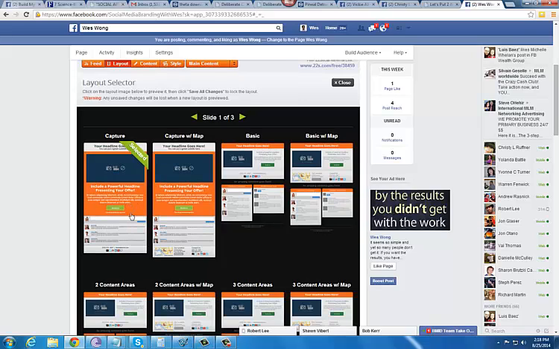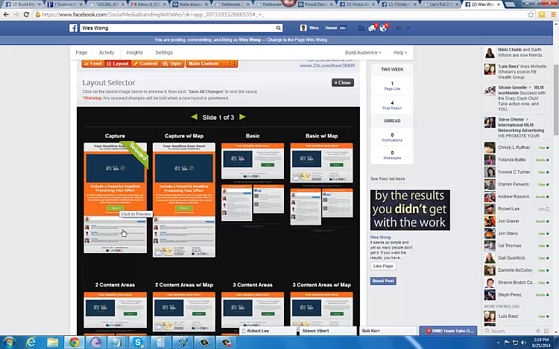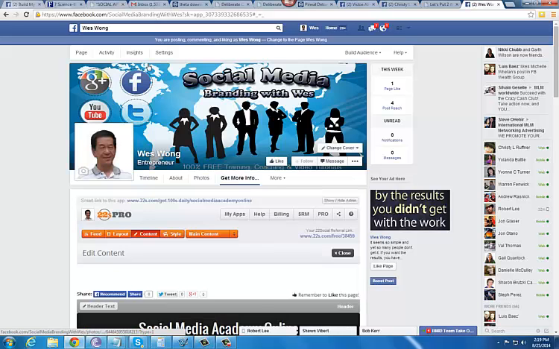I like this one, this style, because my image filled up basically the whole screen, and I have the action button below it. But as you will see, there's comments that can be added, which provides social proof that people are engaging, are participating, are opting in, asking questions. So you select your layout first, then you go to content,